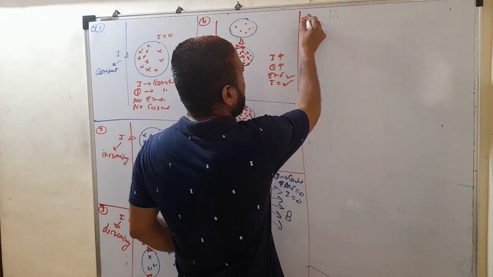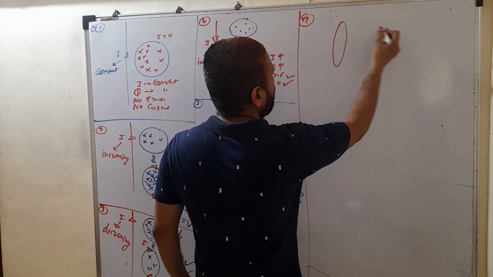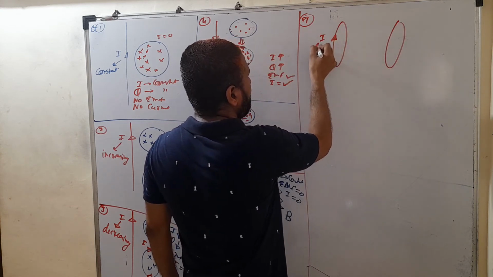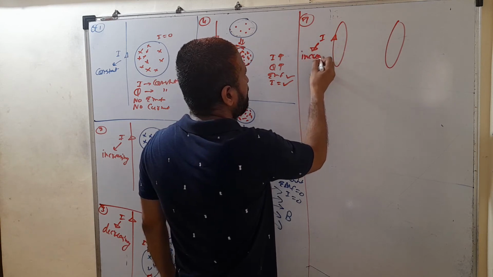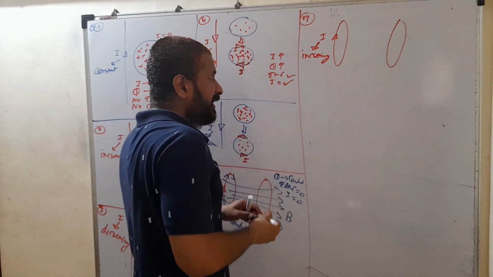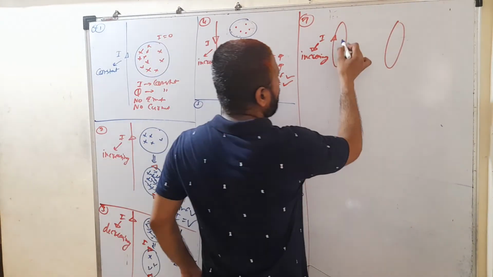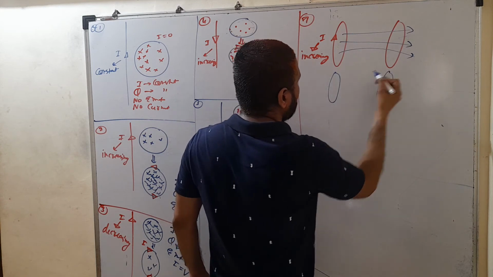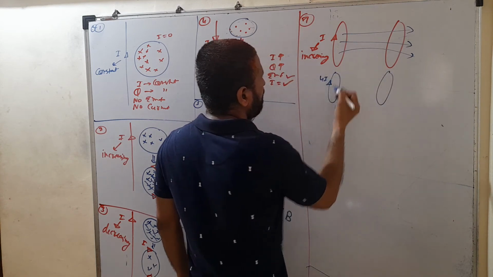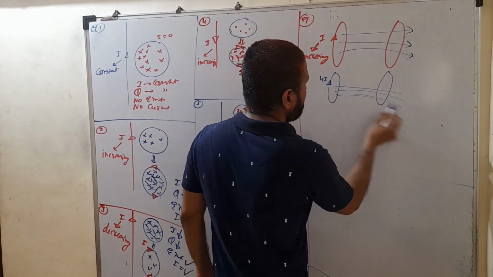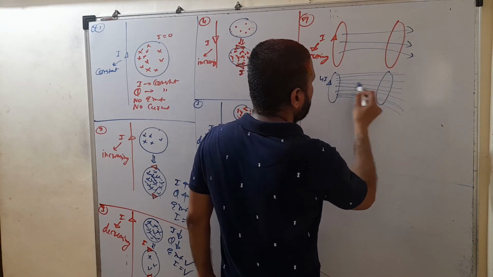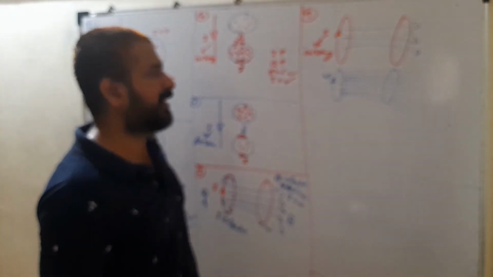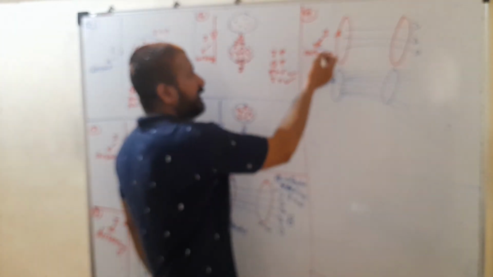So now the next, seventh case. Again I am taking two similar loops. In the first loop, current increases. So when current increases, initially क्या होगा कि number of lines कम रहेंगी, the flux कम pass करेगा. And after that, because this current increases, suppose वो I से 4I हो गया, तो number of lines भी increase कर जाएंगी. The flux which is passing through this second loop increases. Because I have changed the current from I to 4I, just एक example लिखा. Its current increases to 4I.